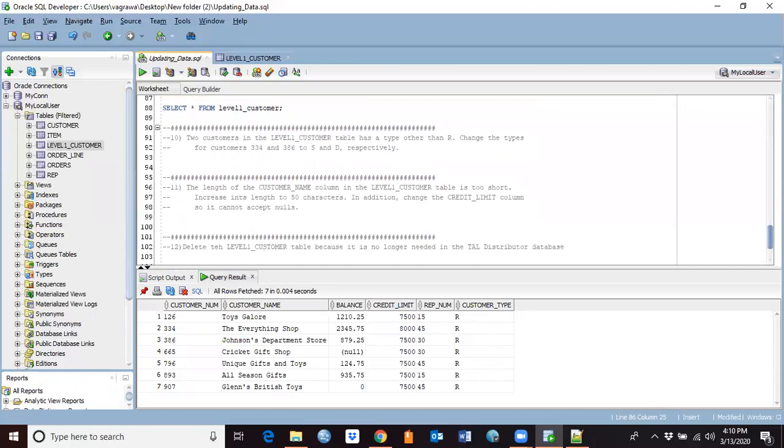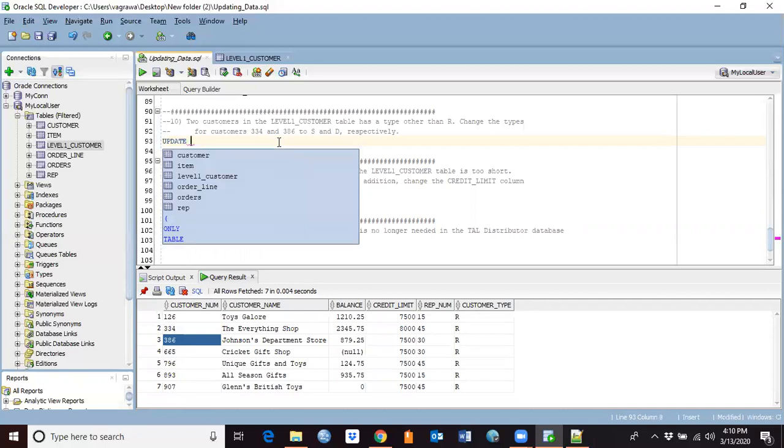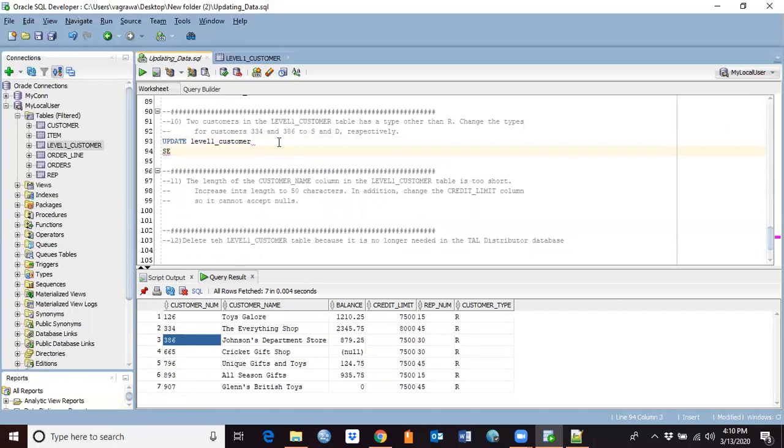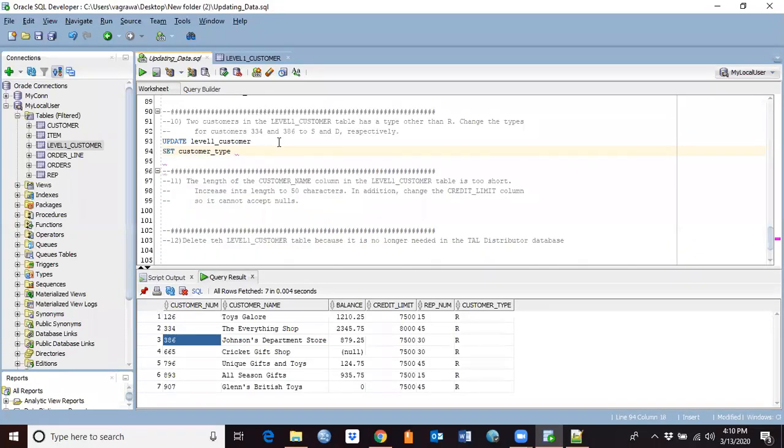Okay, so moving along to number 10, two customers in the label. One customer has a type other than R. Change the types for customer 334, this one, and 386, this one, to S and D respectively. So let's say update label 1 customer, set customer type equals, let's say we want to set it to S,